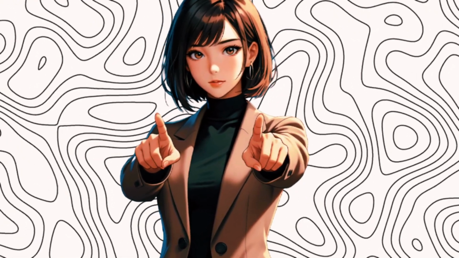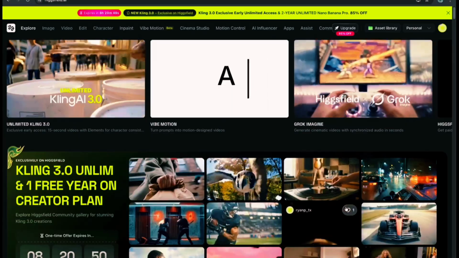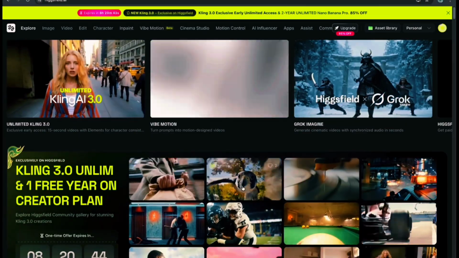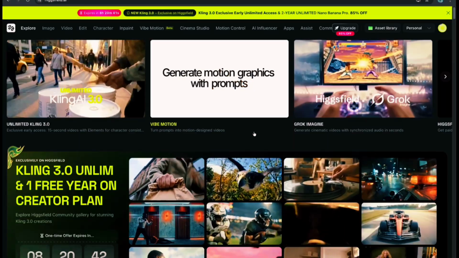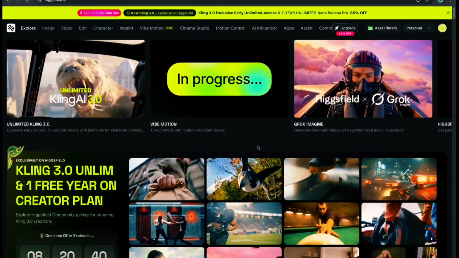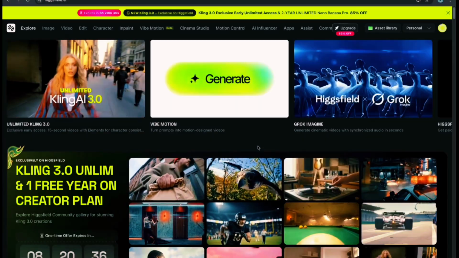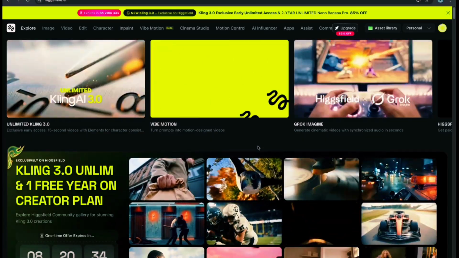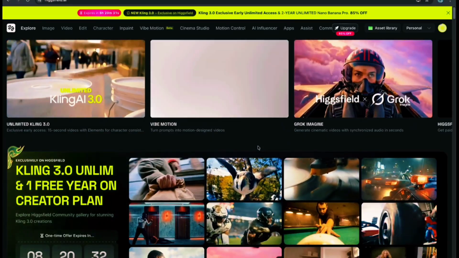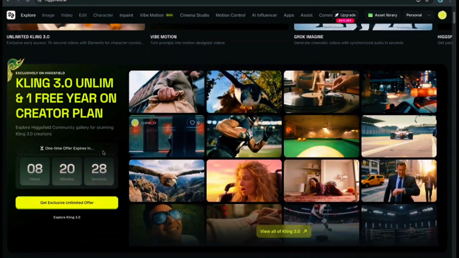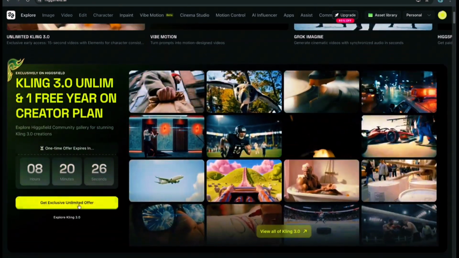Now, let's dive in. Okay, so we've all heard about Kling 3, the latest model that just recently dropped by Kling AI. Now, on this platform called Higgsfield.ai, you'll be able to generate hyper-realistic videos. Not only that, but you can actually access Kling 3 for unlimited use and for free without paying a dime. Yep, you heard me right. This is not cap, but it is a limited offer, and I do advise that you grab the exclusive offer